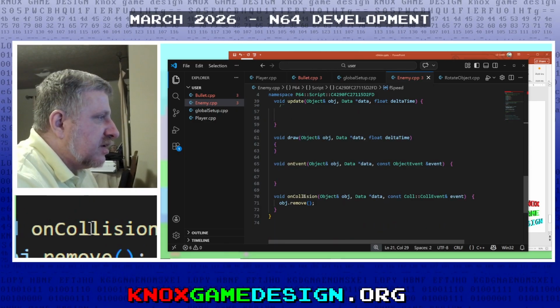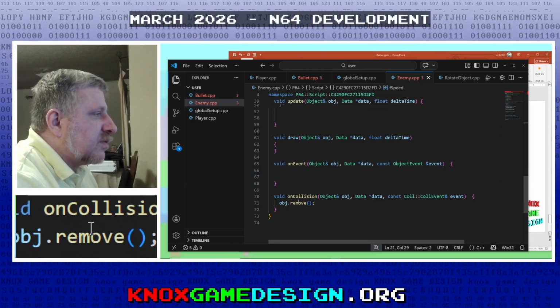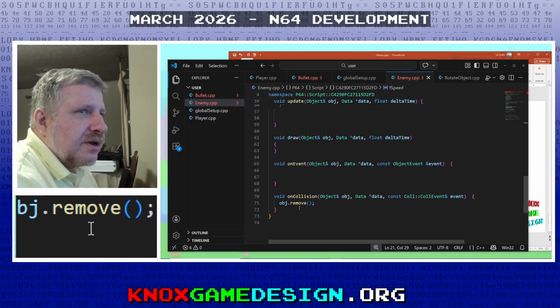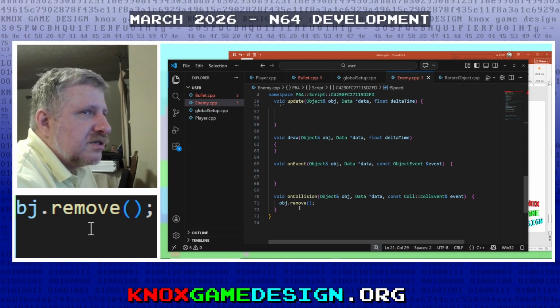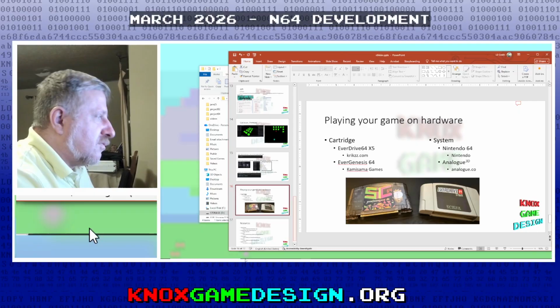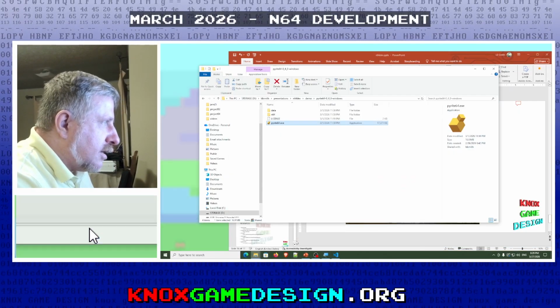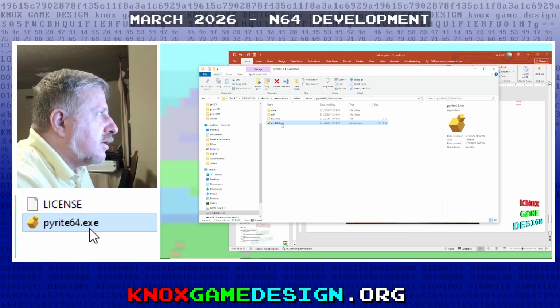Here's our collision. If the bullet, if anything collides with the enemy, then we're just going to remove the enemy. And there's no win condition. You just kind of got to watch when you destroy all the enemies, then it's over. So I'm going to go back to our pyrite, run it right here,